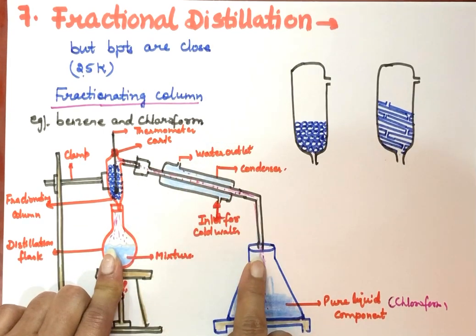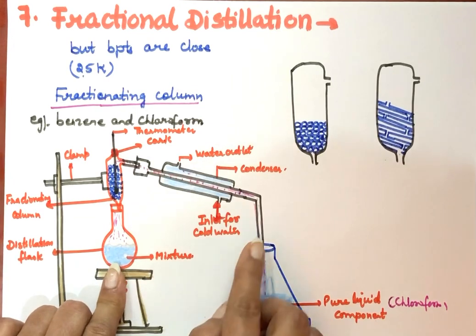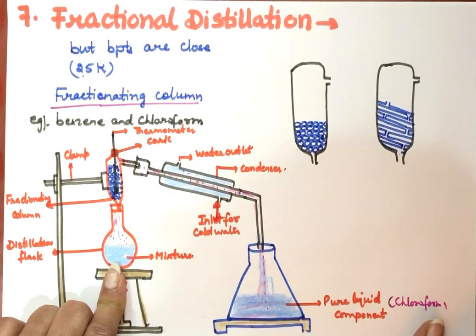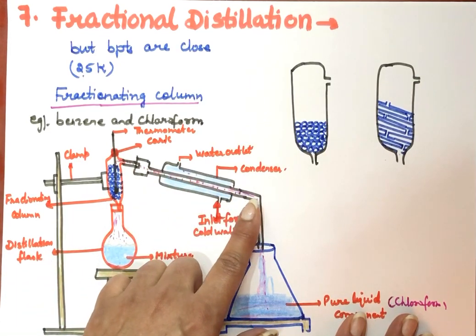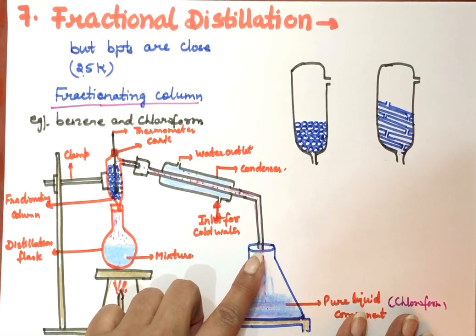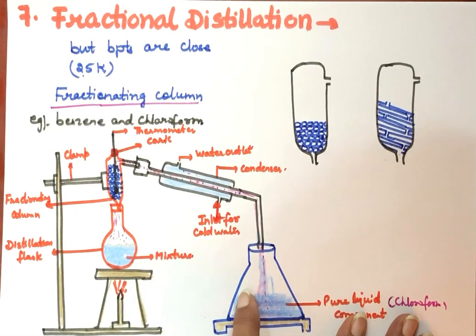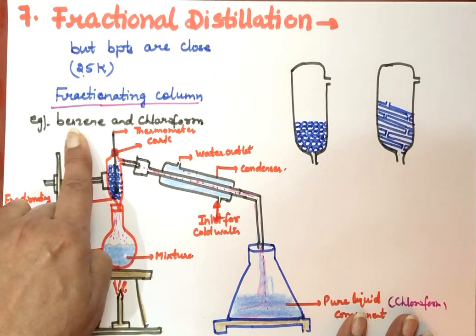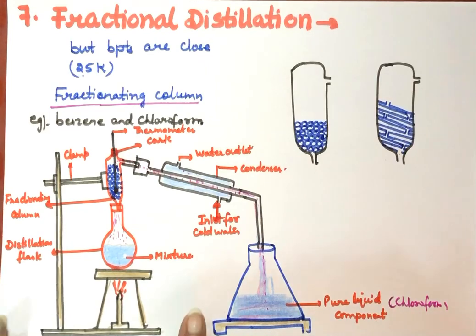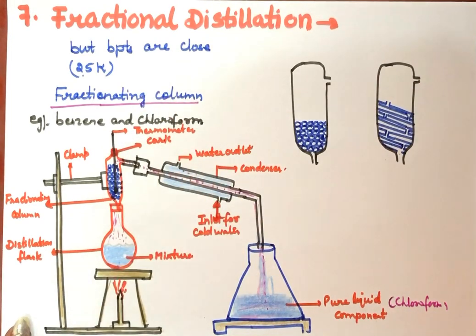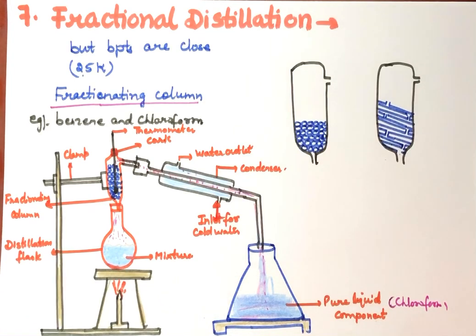First, when we see the liquid coming here, we keep a container and collect the chloroform. But after some time you will not see any liquid coming. Remove this flask. Again, within a few minutes, you will see some other vapors reaching this part, and again some liquid coming here. Keep another container here and collect that liquid. That will be benzene, the one that has the higher boiling point. Like this, we can obtain the components using fractional distillation. We get the components in fractions: first the fraction which has a low boiling point, then the second fraction which has a high boiling point.